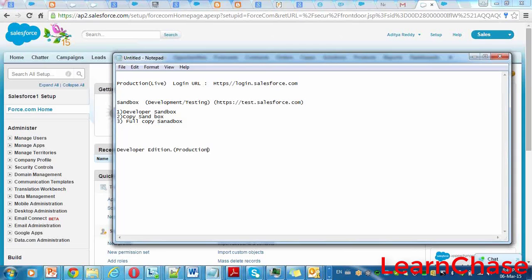You need to log in with the login URL only. You will log in with the login.salesforce URL only. So the account which you created just now will not be useful in the companies, right?